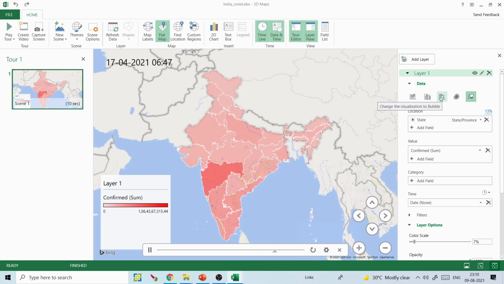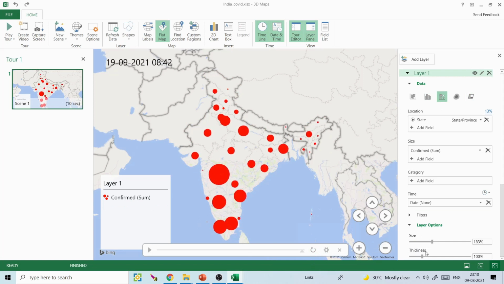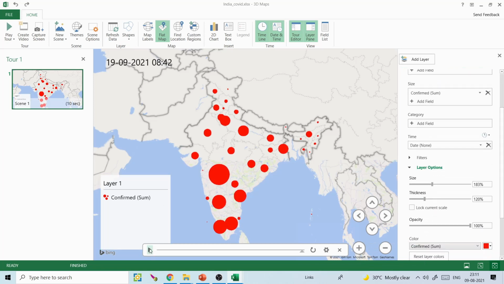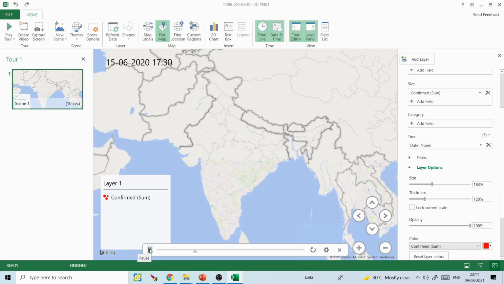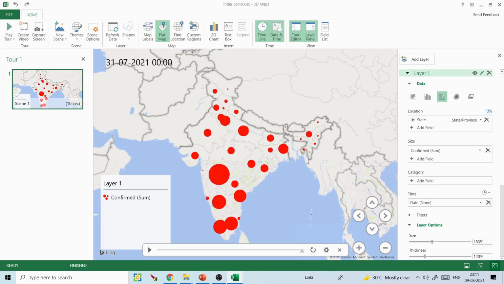Okay, if you want to create an animation of this, you can select like this, and you can increase the size like this. You can create thickness, doesn't matter. Now if you create this, it will increase like this. If you want to do both things, you can add a layer,